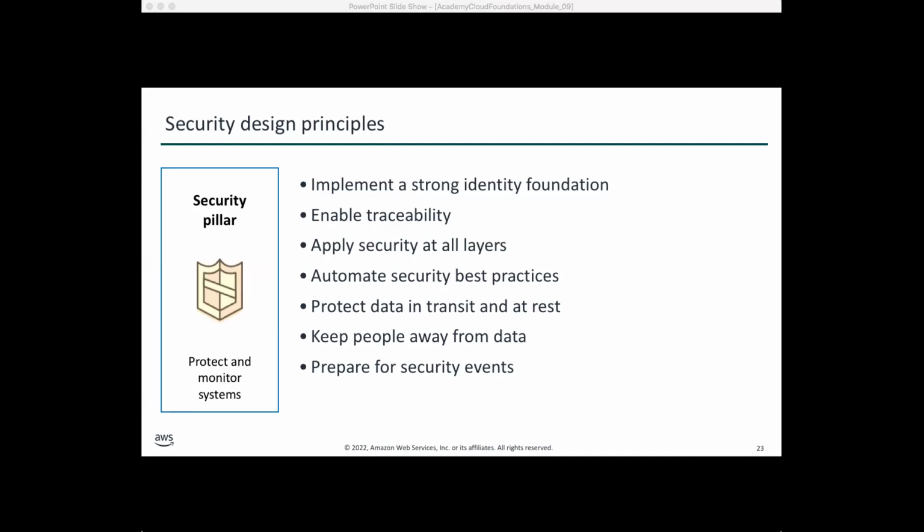For example, when you create a VPC, we have been doing that many times in this course in labs, you should implement security at the VPC level, then at the subnet level, for example NACL, and then at the resource level as well. At the resource level, if you add an EC2, add a security group for it. Inside the EC2, if you are running an application, you should add another layer of security for that application itself, right?